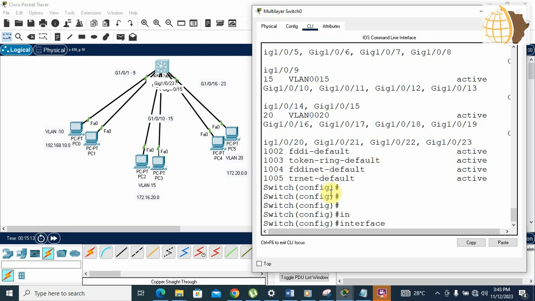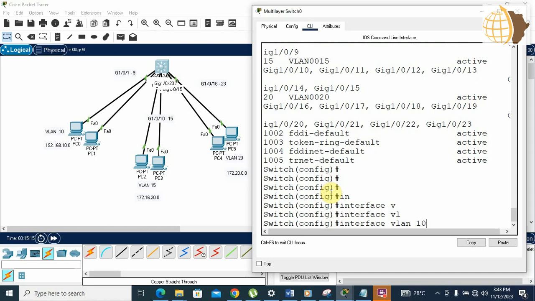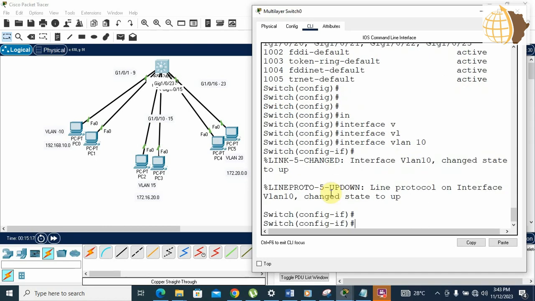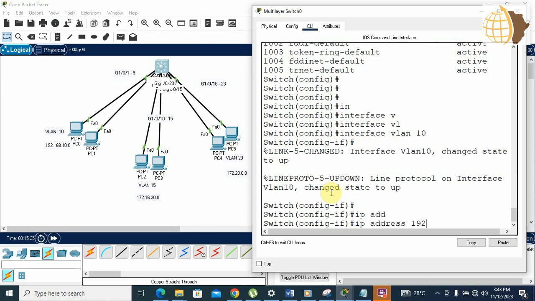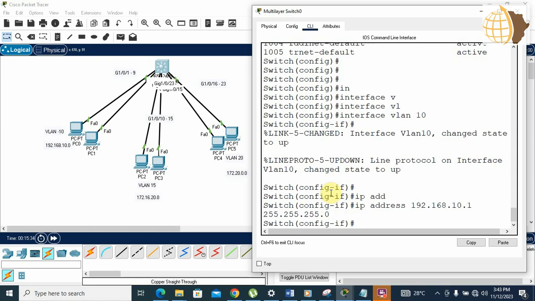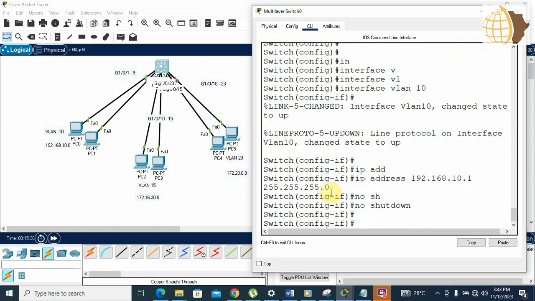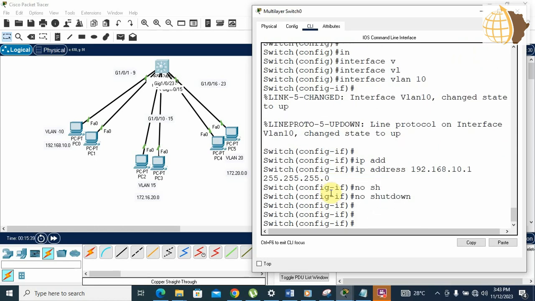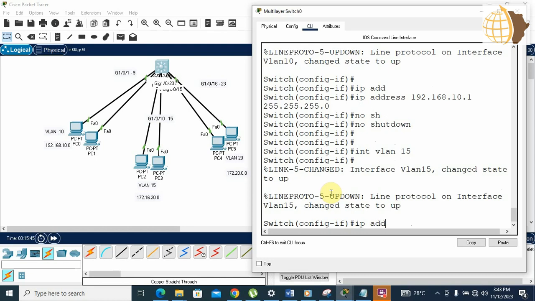So what we do is interface VLAN 10, and we need to provide the IP address. This IP address is going to serve as a gateway. So the IP address will be 192.168.10.1, and the subnet mask is 255.255.255.0, and I'll run no shutdown. I'll also do the same for VLAN 15. So that will be interface VLAN 15, and the IP address will be